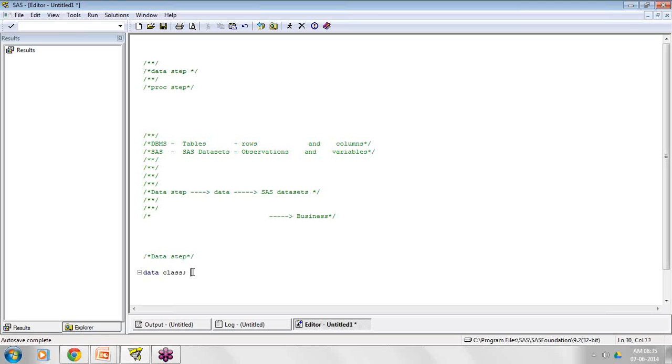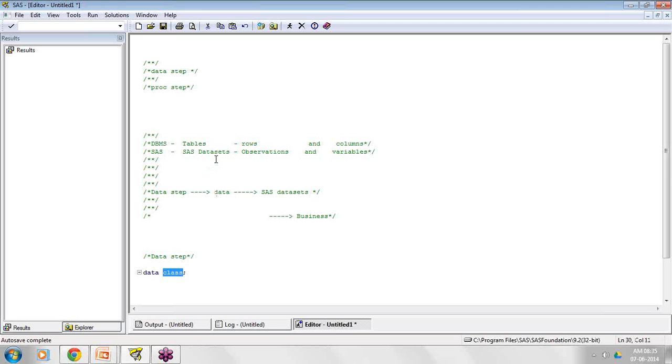If I want to create any data step, I should always start with the keyword data followed by the data set name, and each and every line should end with a semicolon.